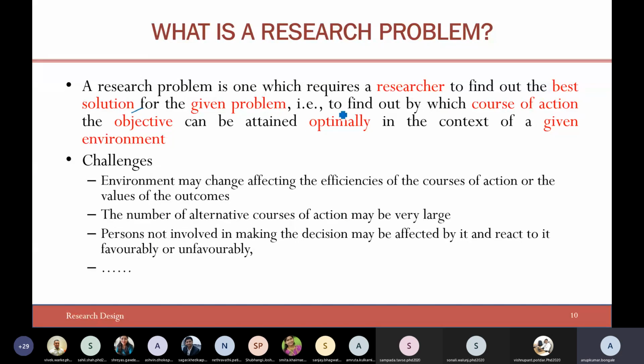Okay. So coming to this part, researchers should find the best solution and the different courses of action, and there have to be objectives. But most of the time the environment may change, affecting the efficiency of the courses of action. Or let's say you are doing some kind of simulation work, as an example. Obviously you are using some kind of simulator, right? Now, how exactly are you going to authenticate this particular simulator? That is the very first question that comes into the picture. Is there anyone who is planning to use a simulation for the research work?